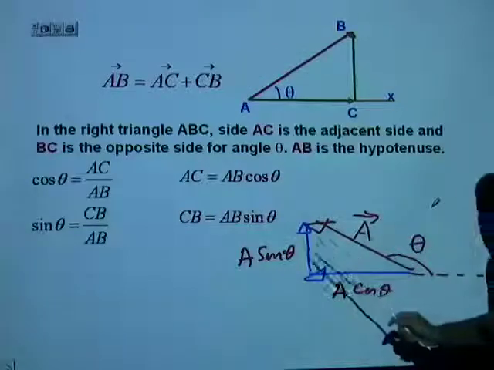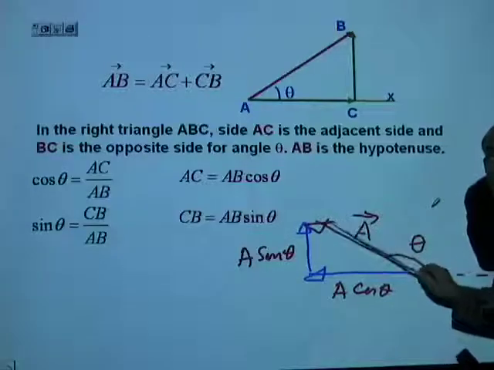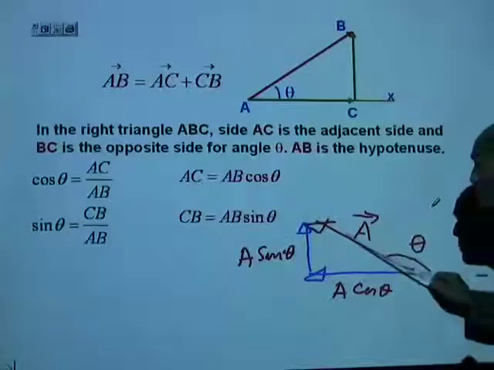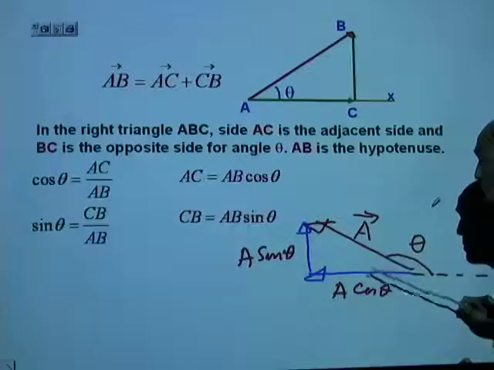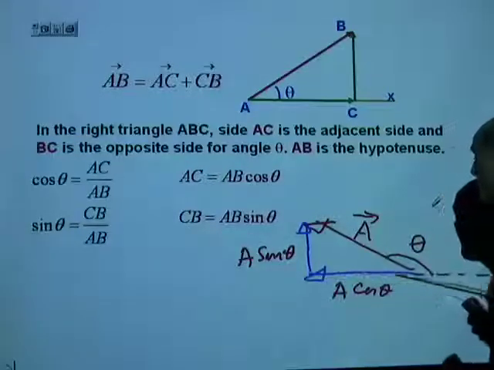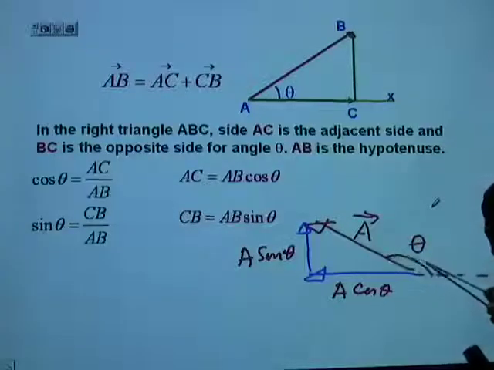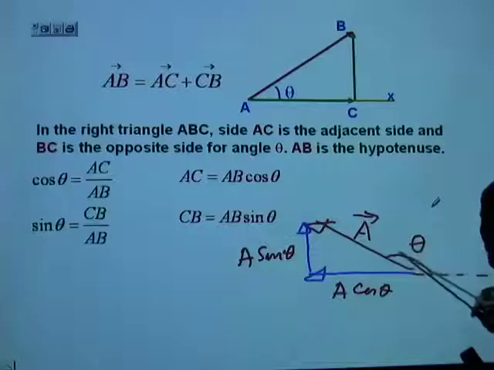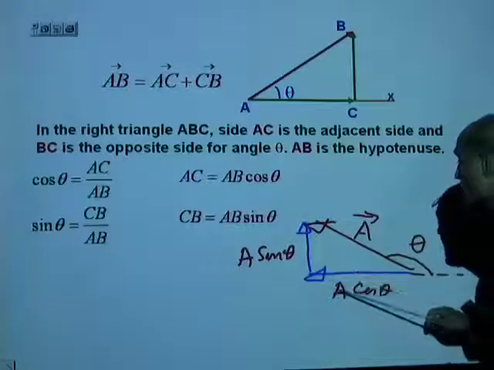Now, you must be very clear about it. Whenever you have a vector whose magnitude we know and the direction we know, we can find the x component of that vector. If A is a vector that makes an angle theta with the positive x-axis, its x component will be A